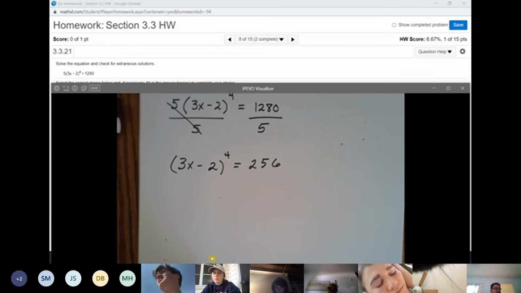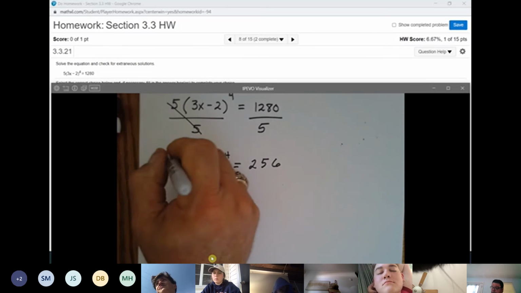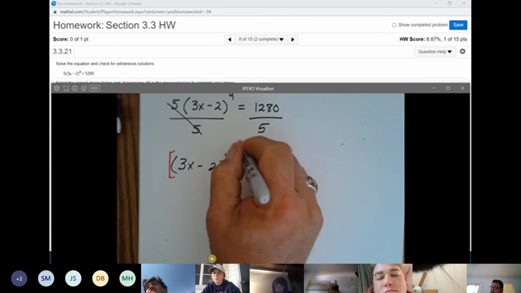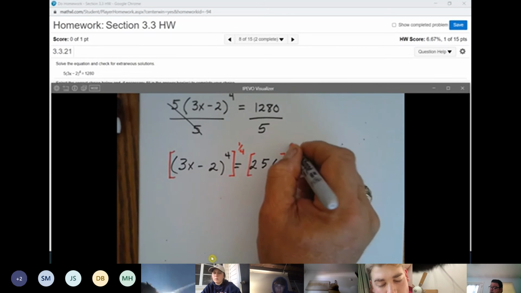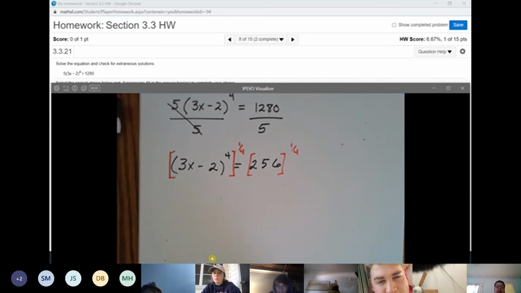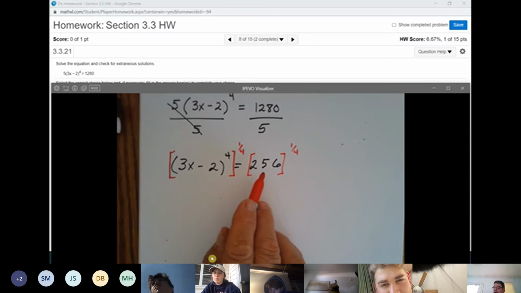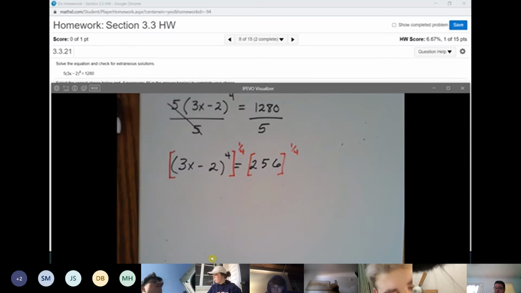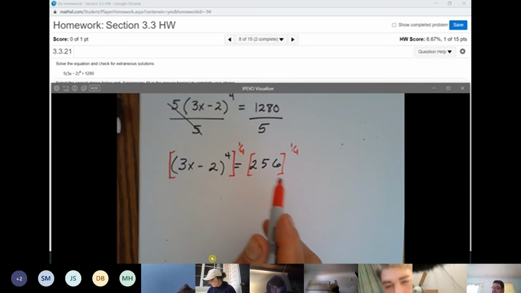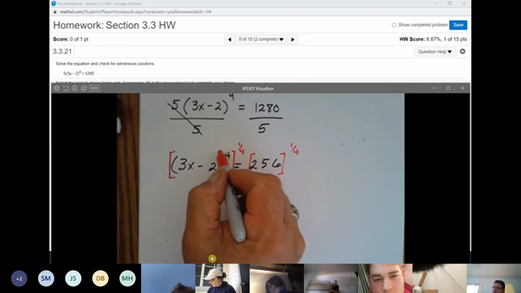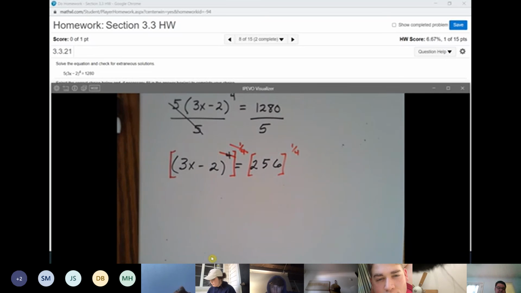Now, you can take the 4th root or you can raise it. I like to do this because this seems to help people out rather than taking the 4th root. Raise it to the 1/4 power. That might help you out with the calculator a little bit because 256, I believe, is a 4th root. So take your handy dandy calculator and raise 256 to the 1/4 power, or 0.25. That 4th will cancel out that 4, and that leaves